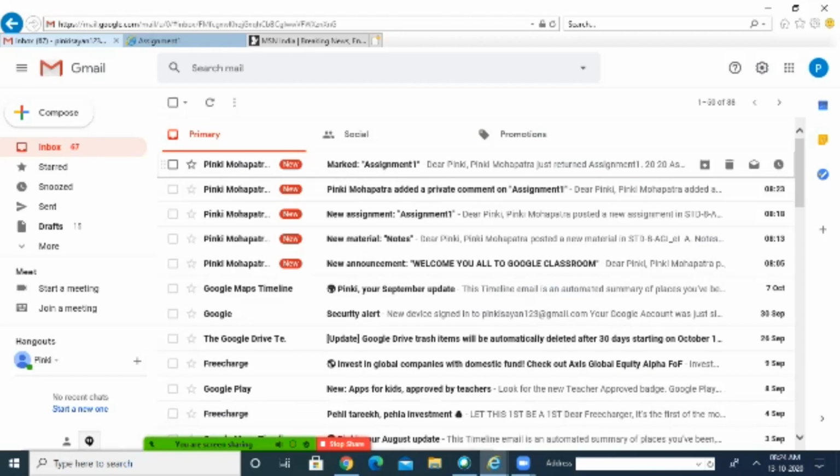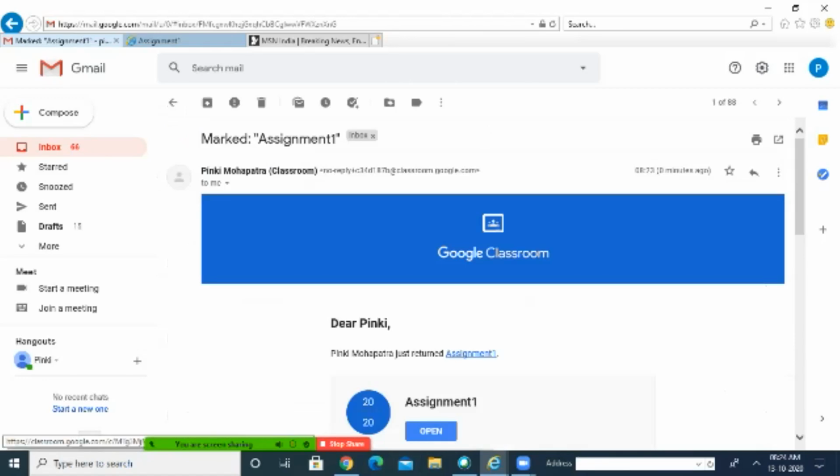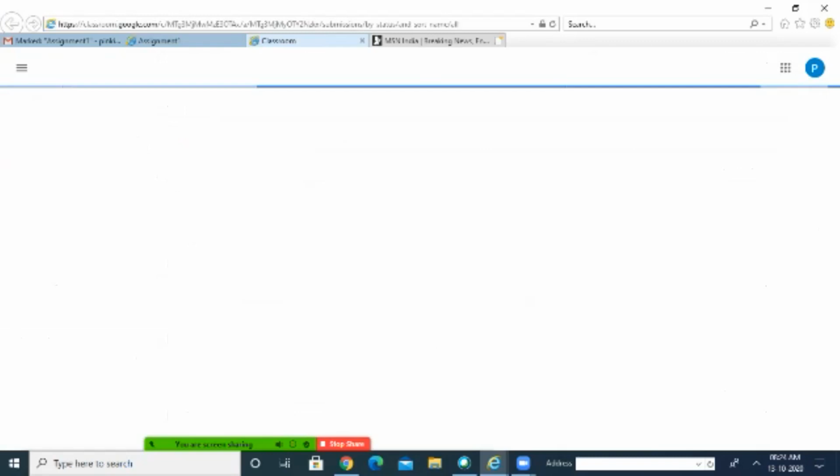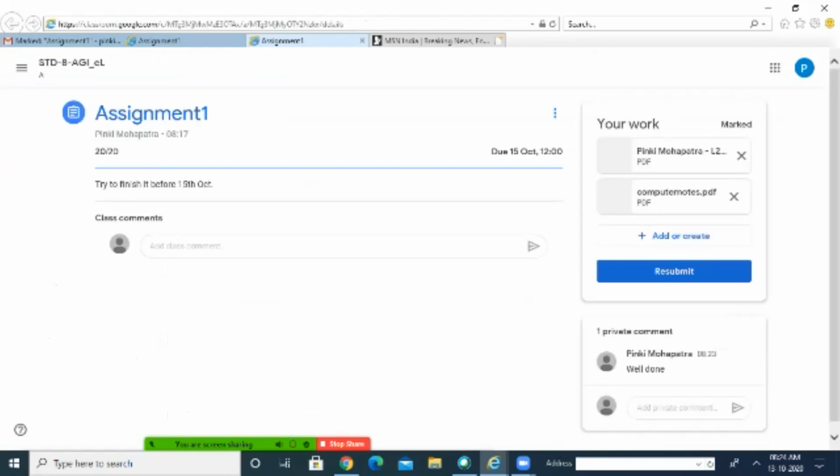You have got the mark, so you can check it by clicking here. You can click on open. So you have got a private comment like well done, and this is the mark you have got in your assignment. So this is the way I can see the mark.